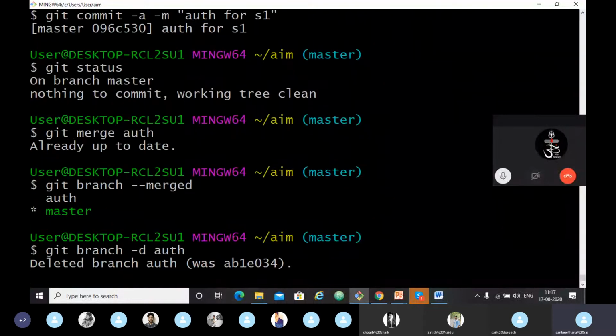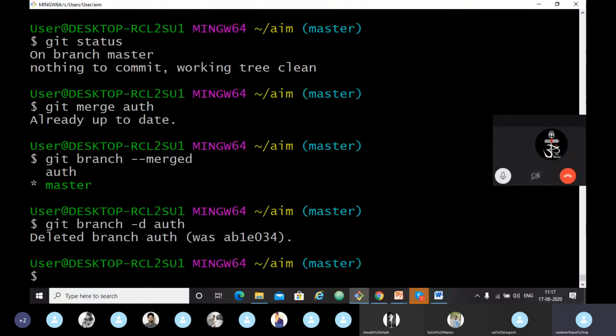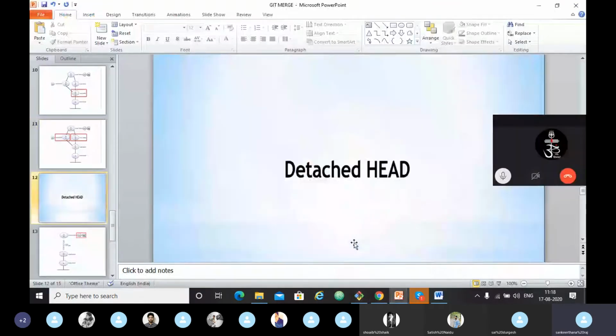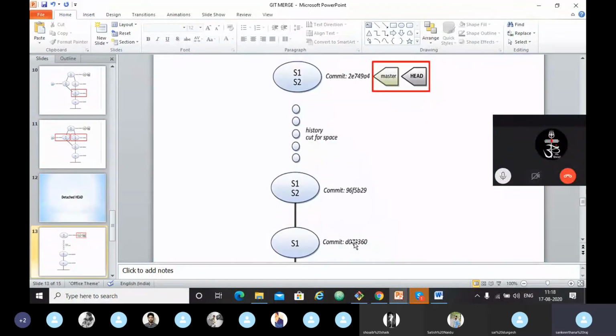Now we will see the detached HEAD state. So we have a concept here, detached HEAD state. Normally the HEAD pointer points to a branch, right? I have told you it sometimes works like a symbolic pointer.